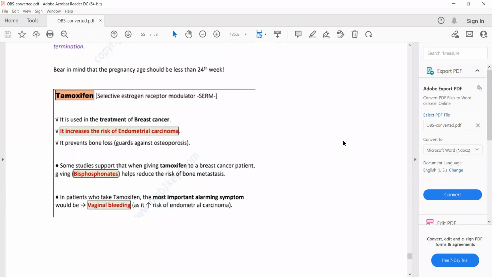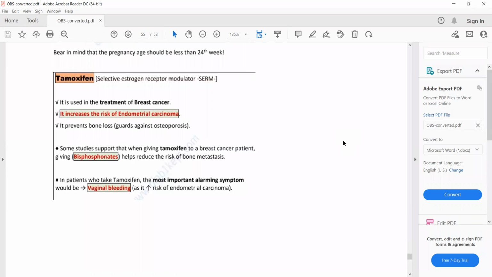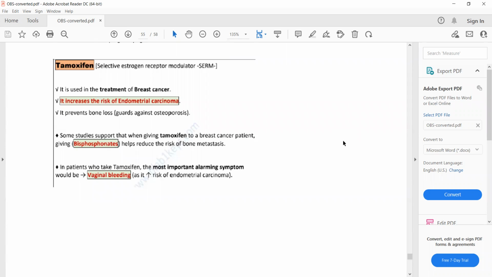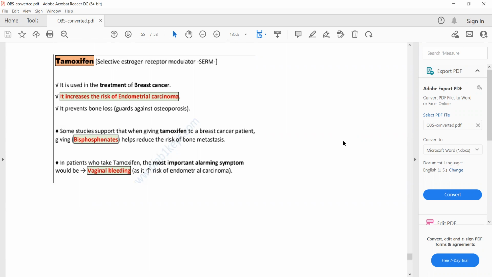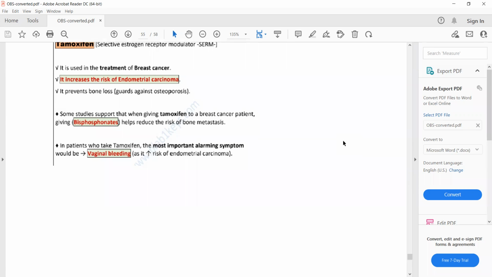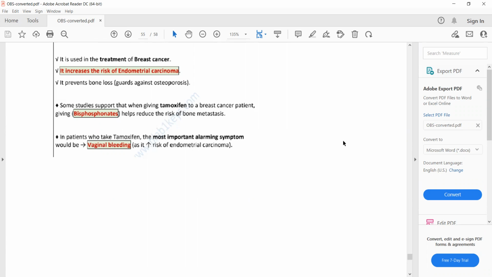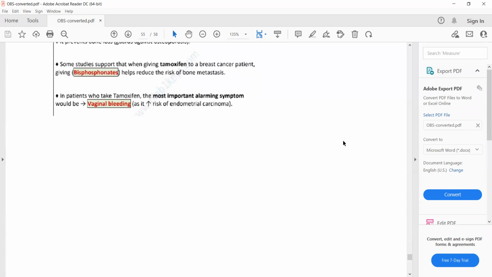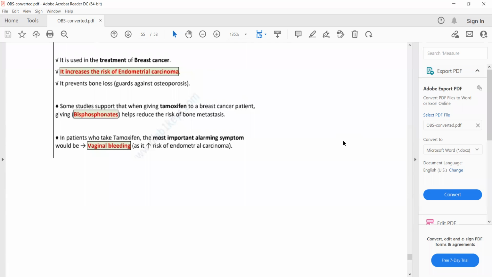Now some points about tamoxifen. Tamoxifen is used in breast cancer treatment, and we have discussed in gynecology that tamoxifen has dual action. On the breast, it acts as an anti-estrogen, while in the endometrium, it acts as an estrogen agonist. So it increases the risk of endometrial carcinoma, but it suppresses the breast carcinoma. Because it increases the risk of endometrial carcinoma,